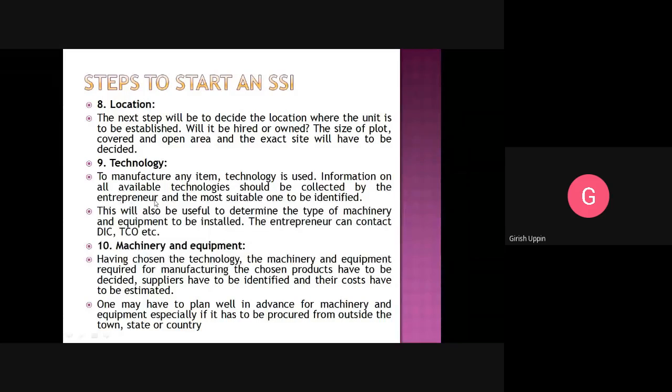The technology should be decided upon, like what kind of technology to be implemented in order to fulfill the requirements that he has decided. Then machinery: he has to decide upon what kind of machinery, what are the specifications required, who are the suppliers,